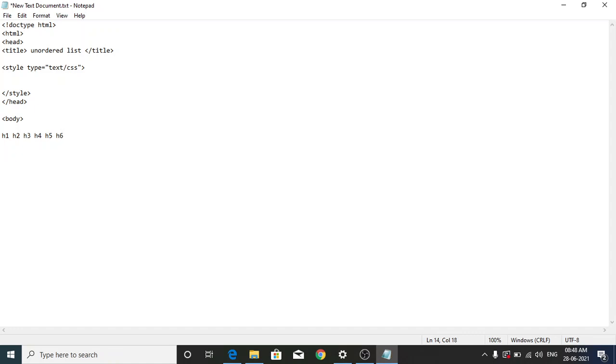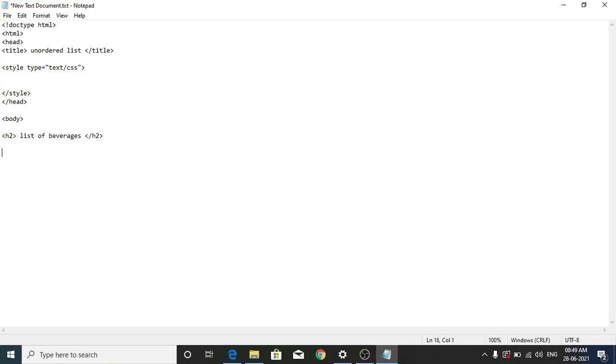The largest heading size is H1, the smallest is H6. You can use any of them. We'll be using H2. I'll start with H2 and give the heading, list of beverages, and I'll close the H2 heading.